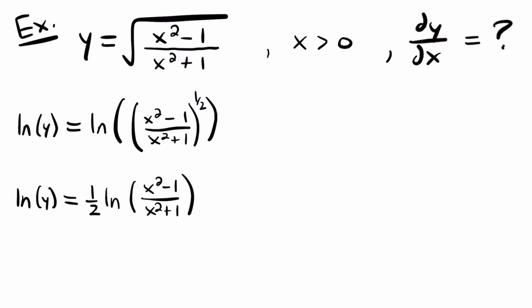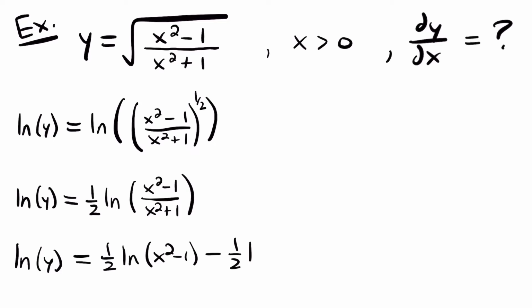And so we can rewrite this again to have the natural log of y is equal to 1/2 times the natural log of x squared minus 1 minus 1/2 times the natural log of x squared plus 1. Right? So keeping this 1/2 multiplied by the natural log function, we split this function up into two separate functions: the natural log of the numerator minus 1/2 times the natural log of the denominator, x squared plus 1. And so now what we have on this side of the equation are two functions that we know how to take the derivative of